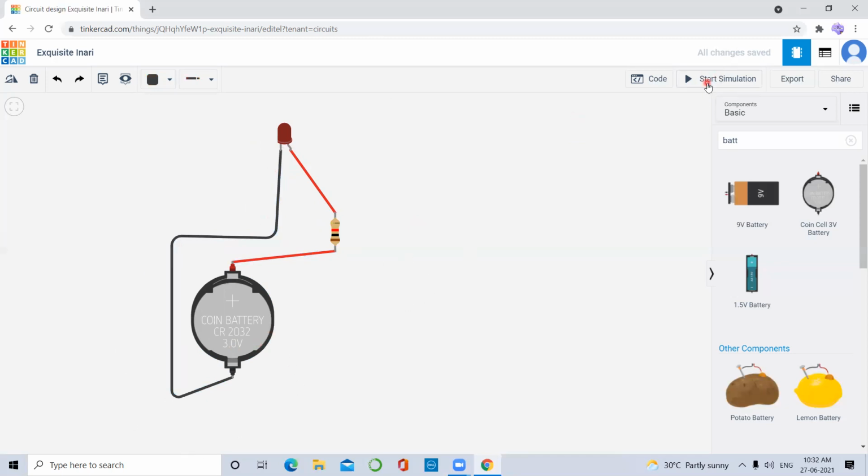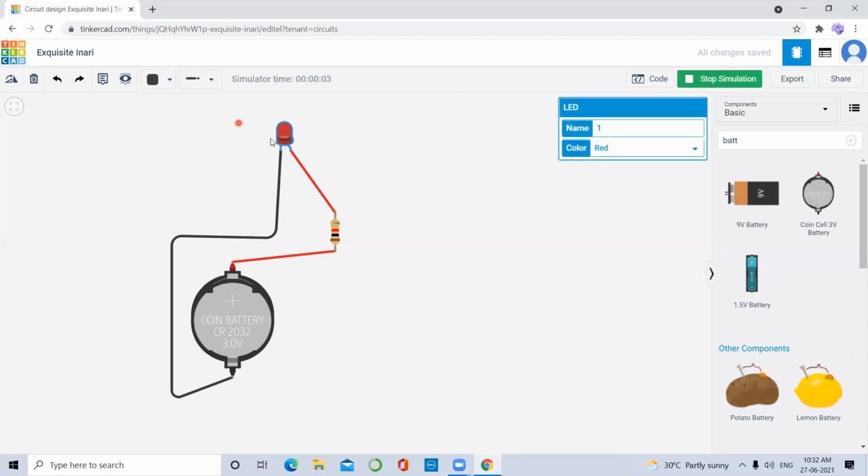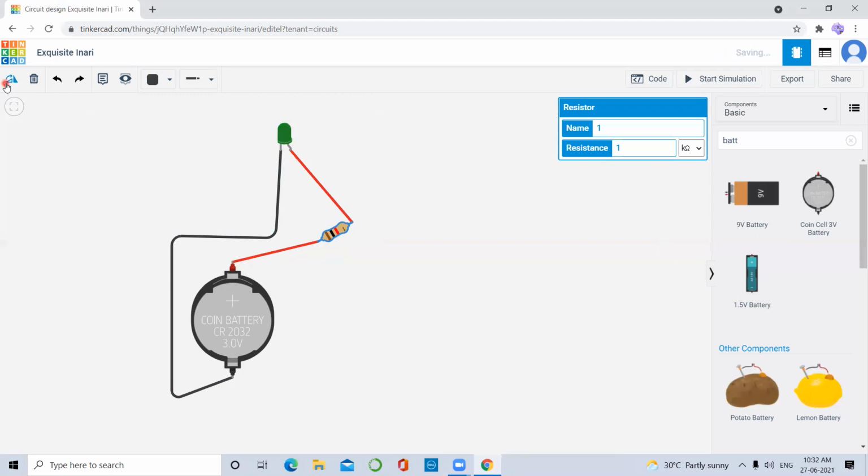To see the result, you have to click on start simulation. As you can see, our bulb glows. You can change the color by selecting it, and this type of menu will appear. Here you can change your color. There are a lot of colors, you can choose any. I've chosen green. It has no particular direction, so you can turn it to any side.